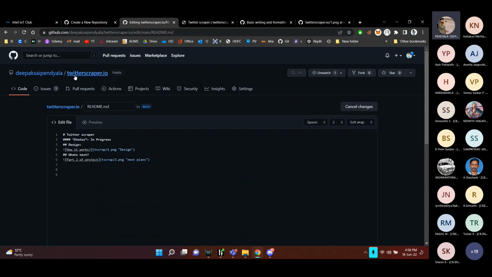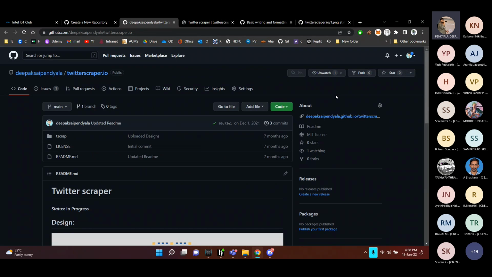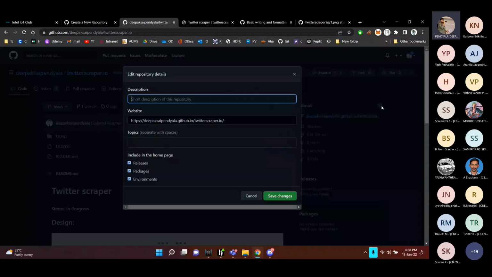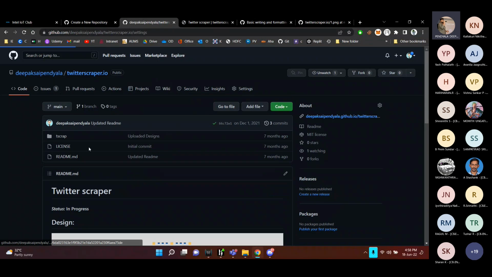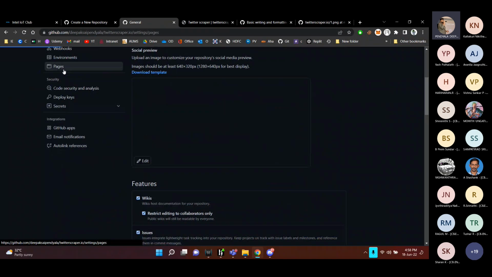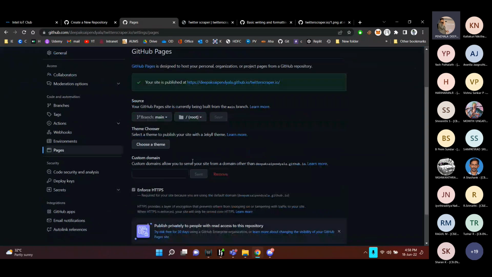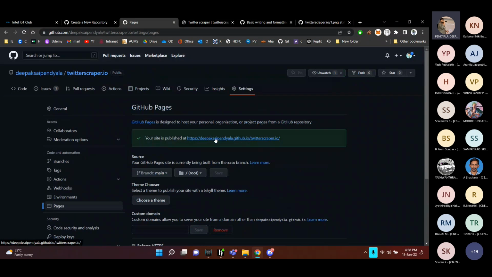So before, if you created a new repo on GitHub, you need to enable its GitHub page first. Go to settings, GitHub pages. This will be the default setting actually. There won't be anything. So just choose the main and root, and the most important thing you need to do is, if your repo name is file, change the name to file.io.